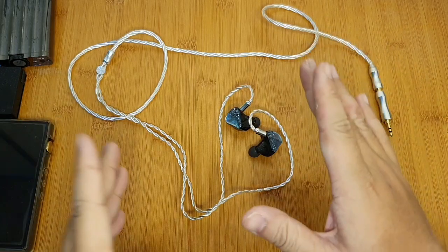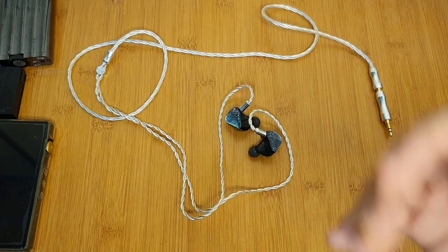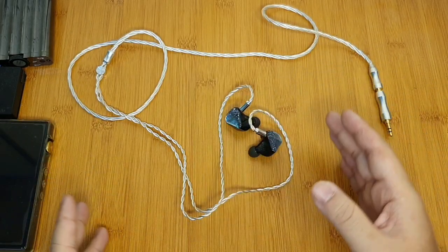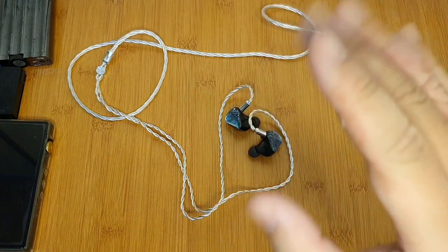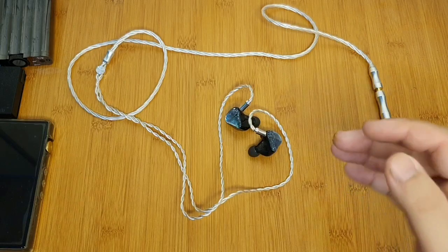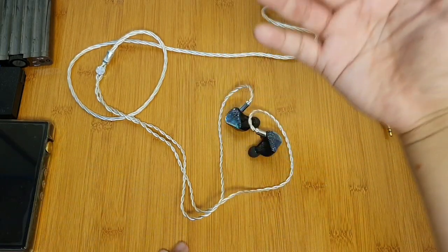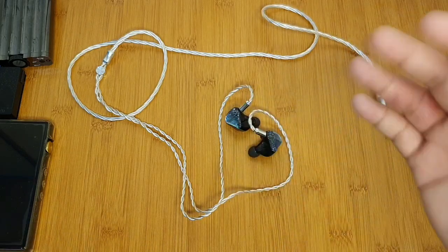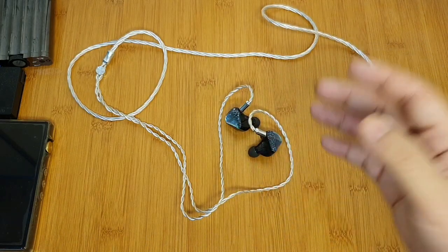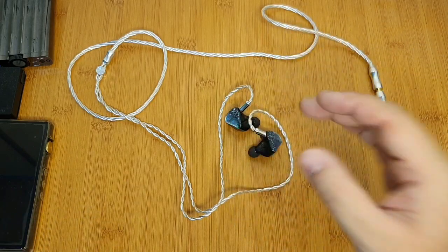I need to say, if you are really sensitive to incoherencies, I bet you will still find it a little bit incoherent. But it's just a little bit. I'm just being nitpicky here, because I have heard some of the worst incoherencies from tribrids. Let's say the Mofasest Trio from me is definitely more incoherent compared to this Thieaudio Clairvoyance, but it's still noticeable